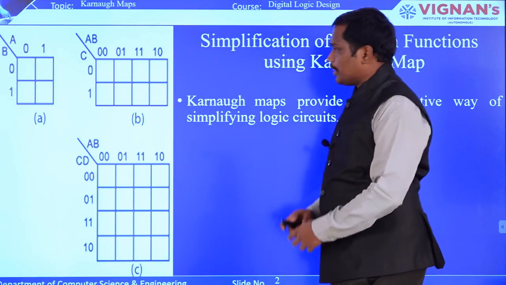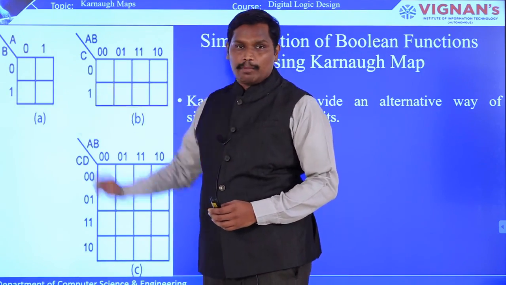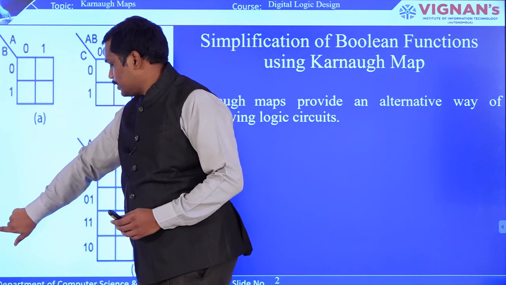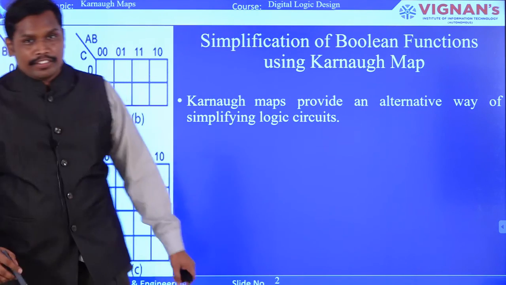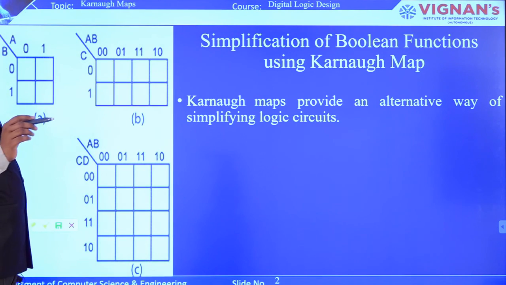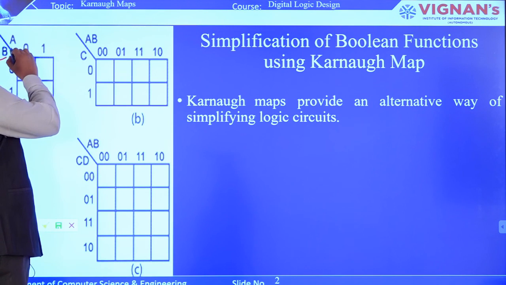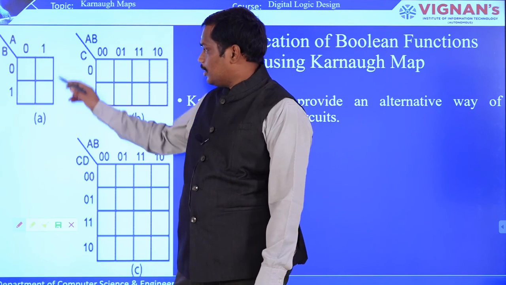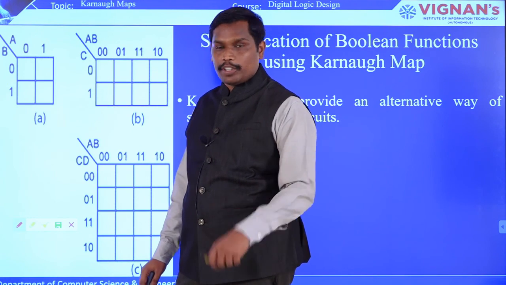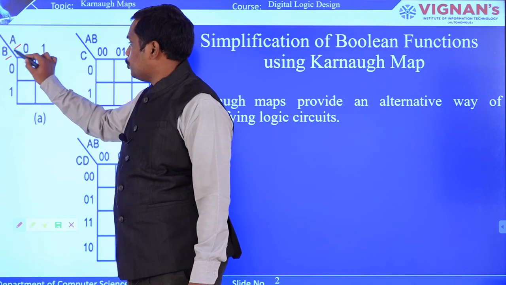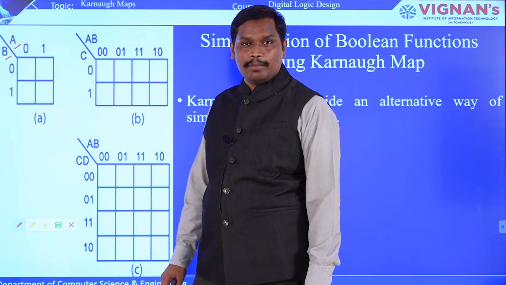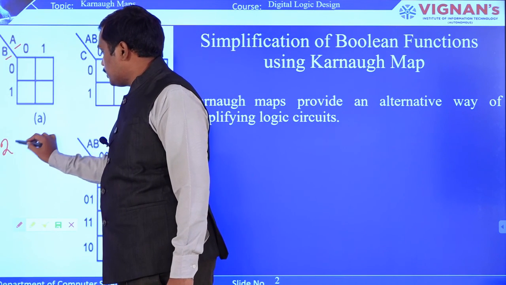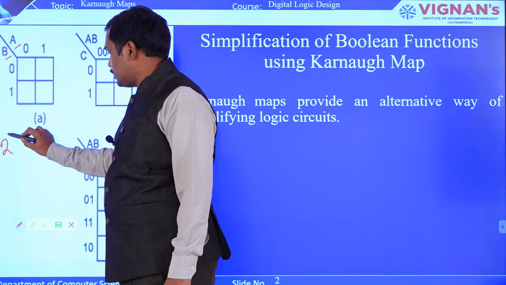Okay, so now we'll see what is Karnaugh map. So when the Karnaugh map is there, you can see here, this is 2 variable Karnaugh map. Whenever there are 2 Boolean variables, then we can take this Karnaugh map. So now you can see the Boolean expression which has 2 variables, something like A and B. Now you have seen the 2 variable Karnaugh map, how you are going to construct it. So here you can see these are 2 variables, the Boolean variables that are there in the Boolean expression. So this is how you are going to frame it when there are 2 variables, and the number of cells is represented by 2 power n.